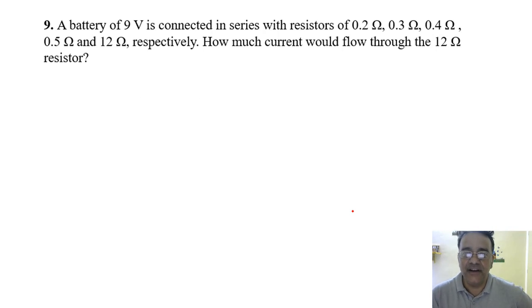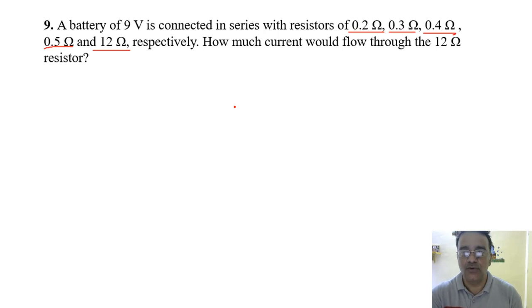Okay, so now we'll move towards question number 9, which is based on combination of resistance. A battery of 9 volt is connected in series with resistances of 0.2 ohm, 0.3 ohm, 0.4 ohm, 0.5 ohm and 12 ohm respectively, connected in series. How much current would flow through the 12 ohm resistance? Okay, so first of all we'll find the total resistance, क्योंकि सभी सीरीज में कनेक्ट है तो सबको ऐड करना